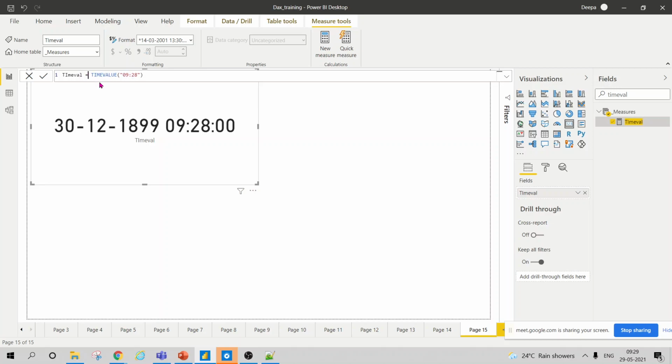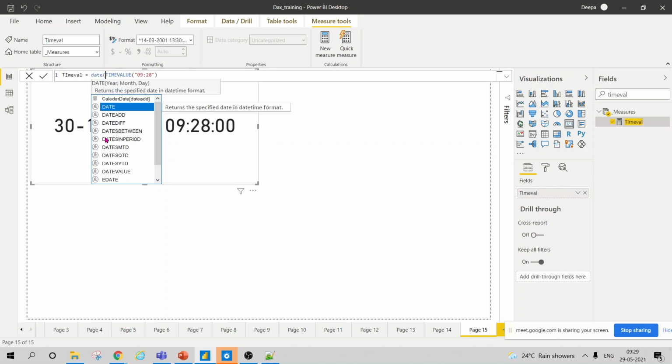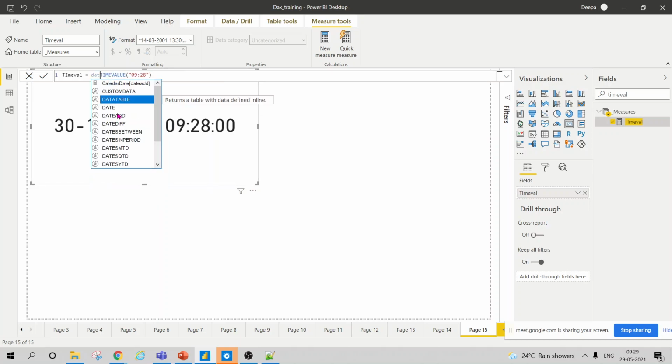So for that, you can use your date function and concatenate it with the time.